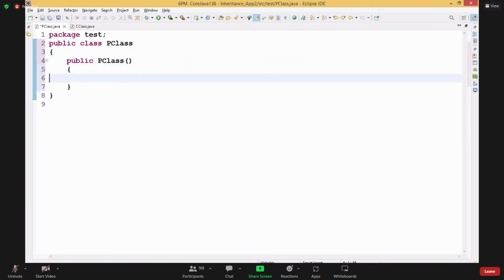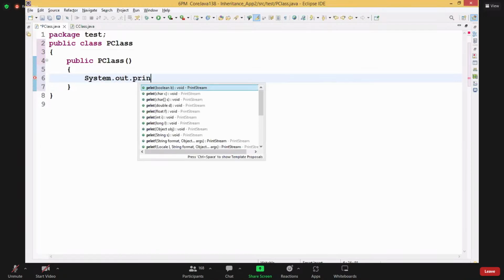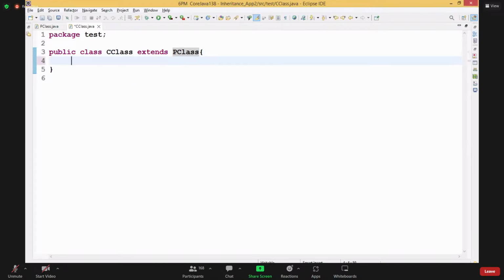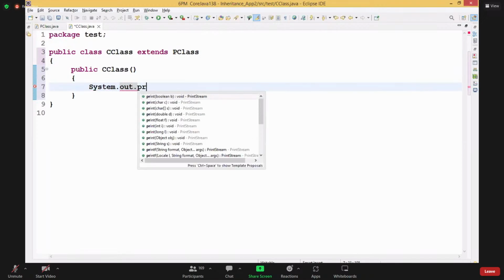This is the parent class constructor. In the child also, I'll write a public child class constructor. System dot out dot